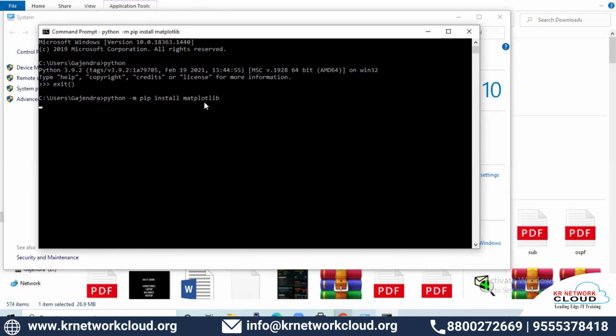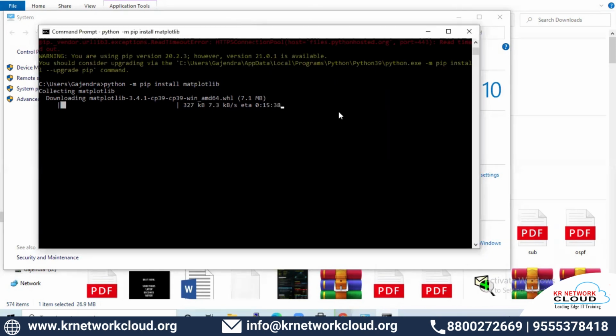it will download from the internet. Make sure you have a strong network connection, as I do not. Otherwise, you can see, it is collecting and downloading. So it's downloading. Once the download is complete, it will take seconds, but I do not have a strong connection right now. That's why it's taking more time. As you can see, it's taking time because of a network issue, but after successful installation,